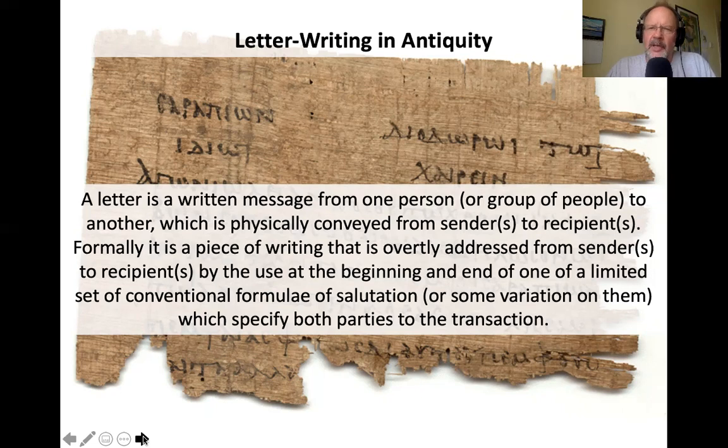We still do that. When you write a letter, you probably write dear so-and-so or dear madam, dear sir, to whom it may concern. These are formulas that we are used to in writing our letters. Same was true in the first century. There were certain formulas which specify both parties to the transaction. Dear landlord or dear tenant might be another form of letter. And then at the very end, we will say sincerely, if we don't know the person particularly well, all best. We might say thanks a lot, or see you next time if it's somebody less formal.